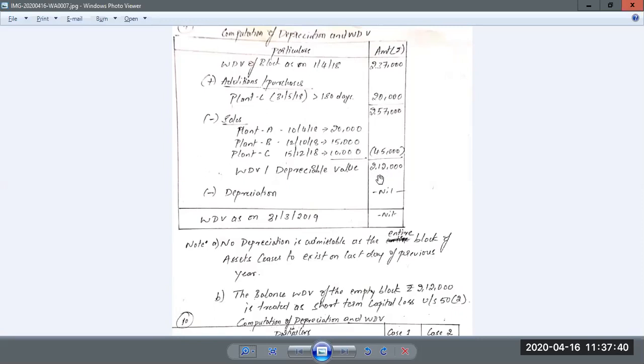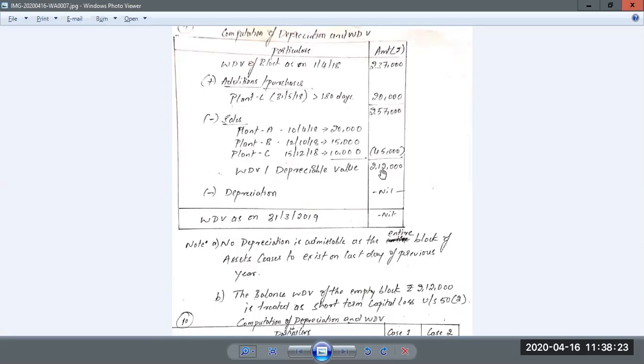Now why do we have to consider this 2,12,000 as short-term capital loss? Because the old plant A and B value was 2,37,000, and the new plant they have purchased is 20,000. So the total book value of all these three plants A, B, and C is 2,57,000, right? Whatever worth of plant they had, A, B, and C, which had the worth of 2,57,000, they are selling all the three plants at 45,000, right? That means the book value is higher than the selling price. That means 2,12,000, whatever amount you are getting, is the loss amount here. So the assets worth 2,57,000 you have sold just for 45,000. That is a very, very lesser price.